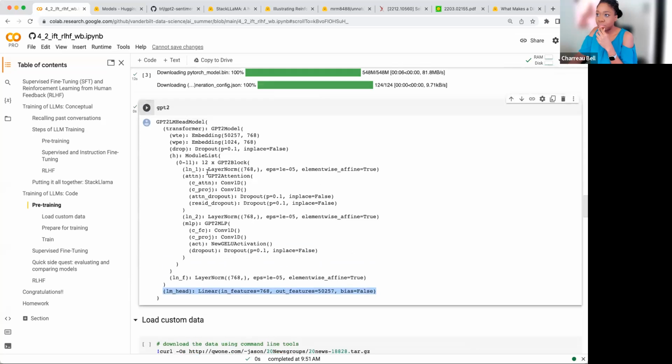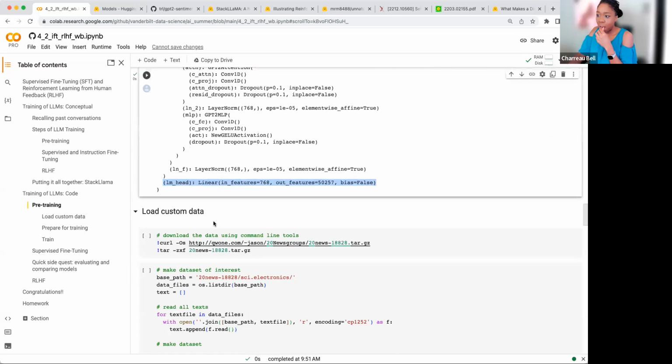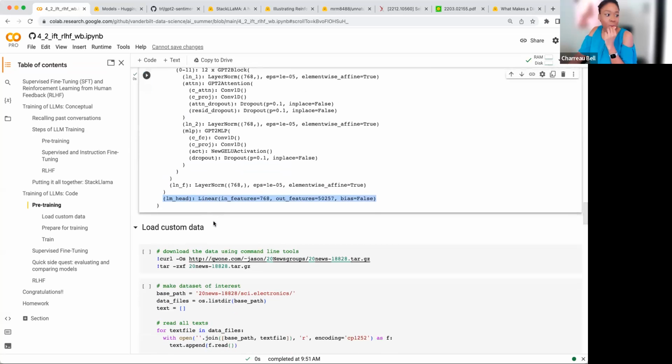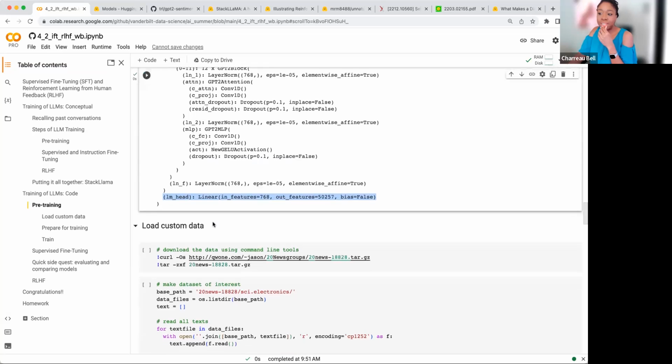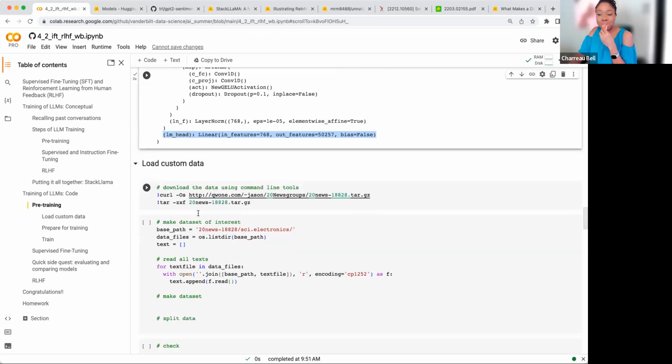Okay, so now we have this model that we're really excited about. And now we're going to take it all the way back to the second week of coding. We're coming right on back to this 20 newsgroups. We're just reminding ourselves how we can use custom data. Again, I know people here are interested in using their own data, so we're going to walk through what this looks like. This is just some tar file that is stored somewhere online. We're just going to go grab it and untar it. So let's run this one.